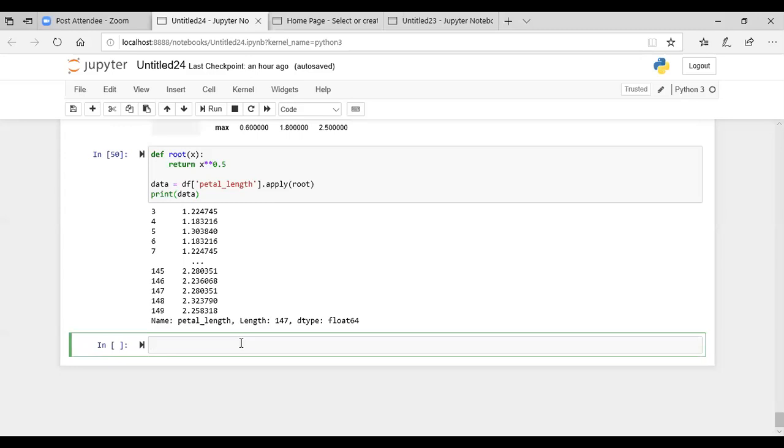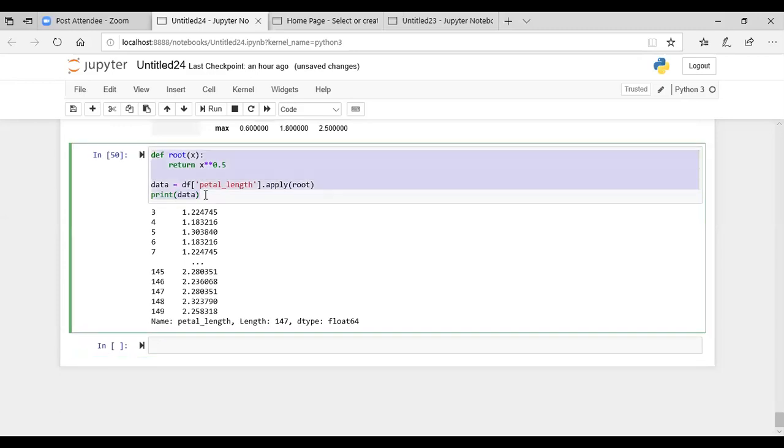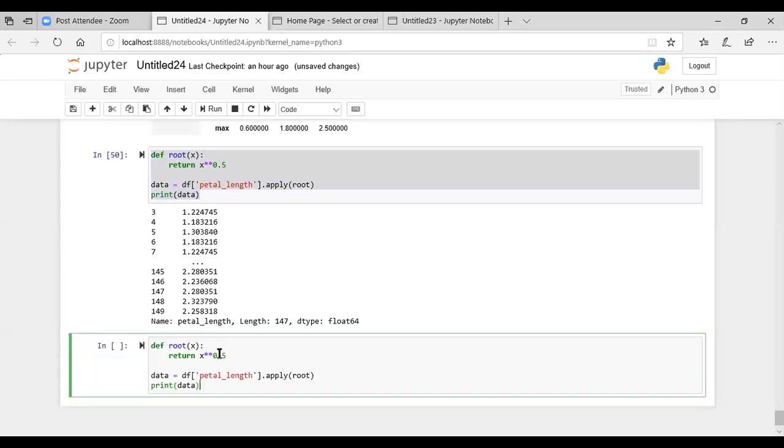But you want to assign some new column for that, so you have to make use of another column name. So let's first copy paste this. And then I do not want this as a data column. I want it in the same data frame, but with some new attribute to be added in this.